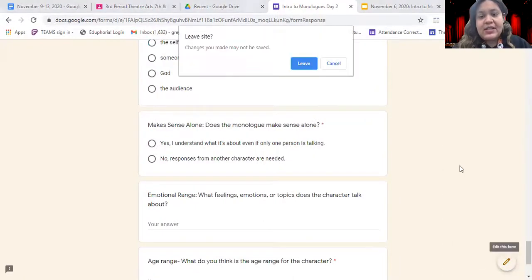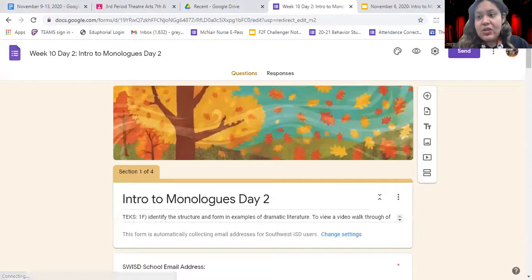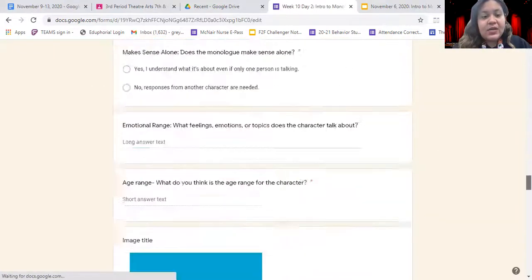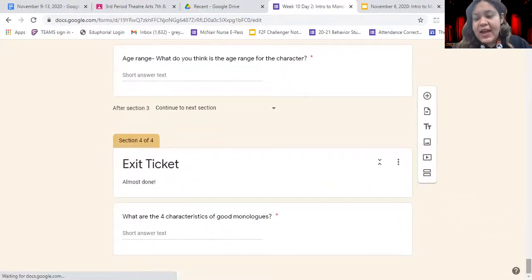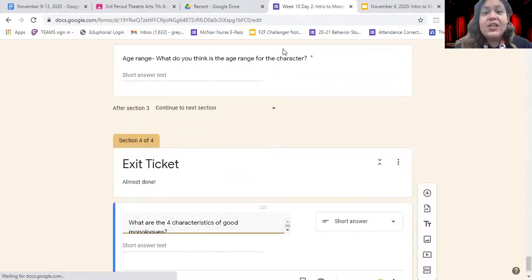When you click next, I'm going to show you what it should look like. So we have all of our questions. The last thing you will fill out is your exit ticket. And so today you're going to try and remember what are the 4 characteristics of good monologues. Simply make a list of them in the box, and then you are done for the day. Once you are done answering your exit ticket, you should see a submit button at the bottom of the page. When you click that, that means you're turned it in, you're completely done, and you can mark it as done